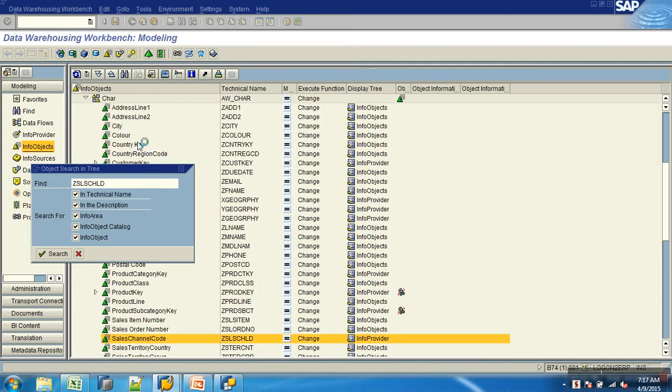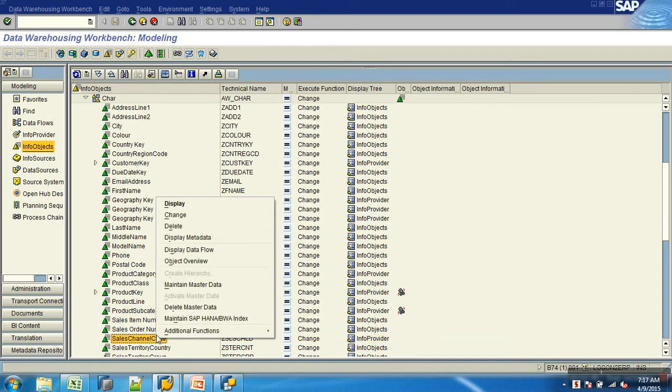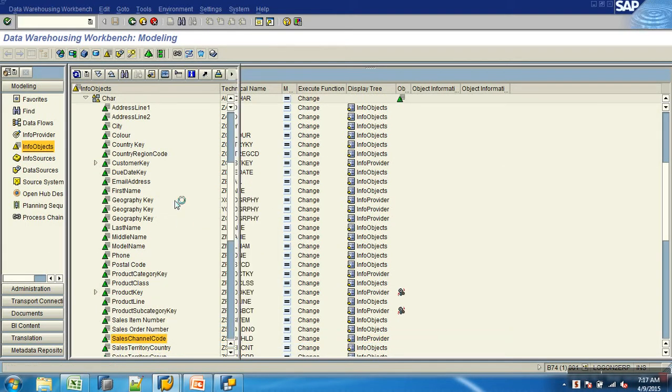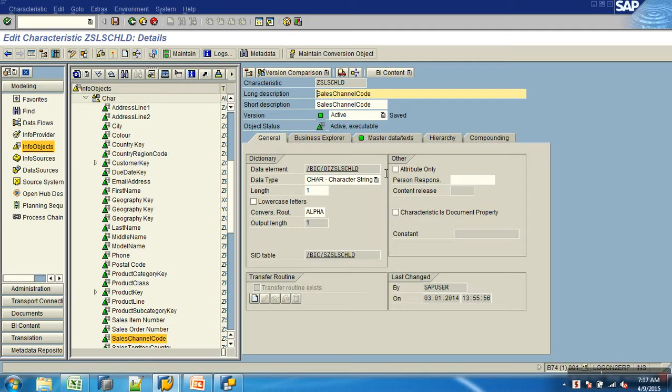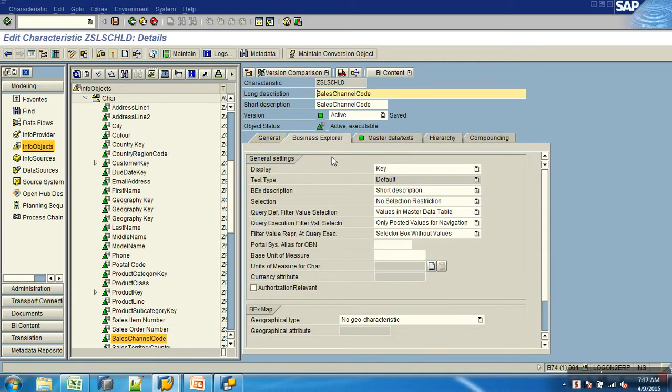So I'll go to the InfoObject maintenance, right click and say change. Okay, and go to the BEx tab. Here is the checkbox authorization relevant. Mostly this activity you would enable. Enable this checkbox. When you enable this, what you're indicating is you are trying to provide authorization objects.